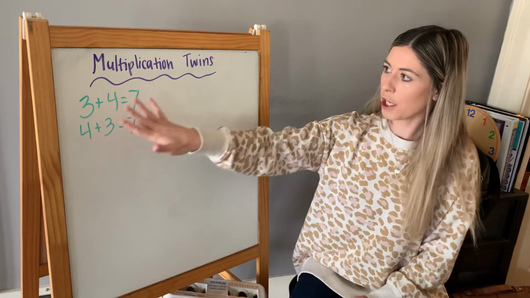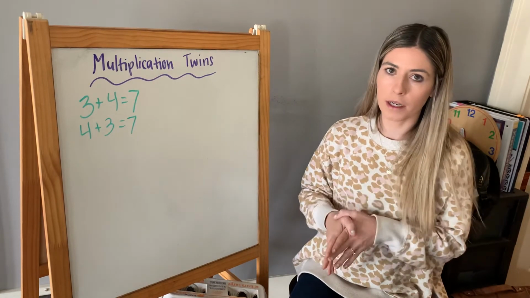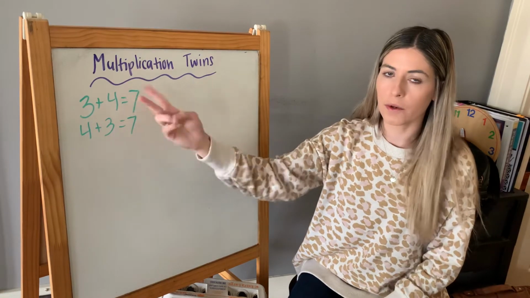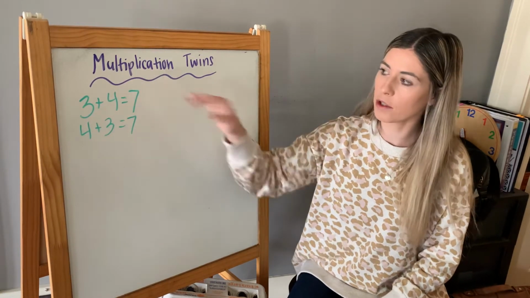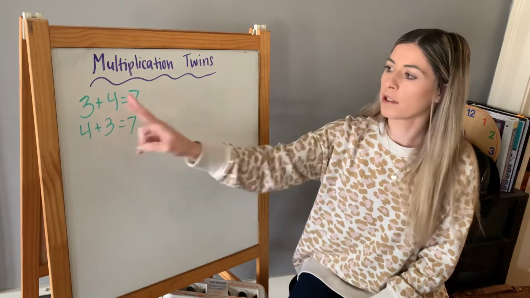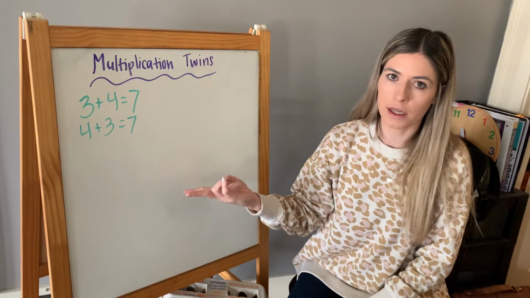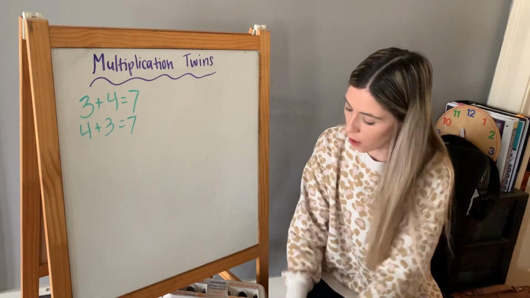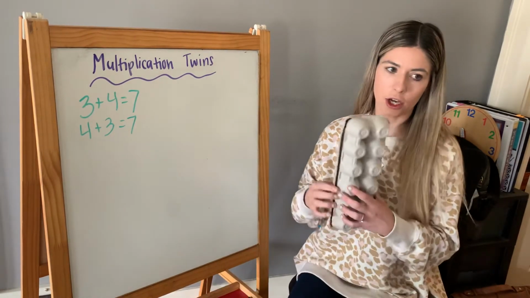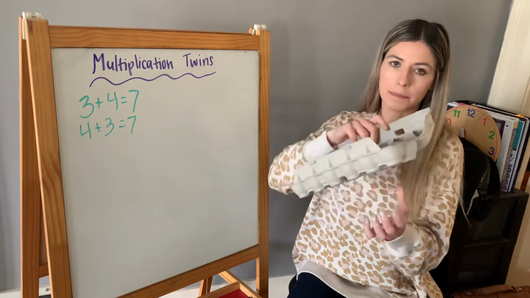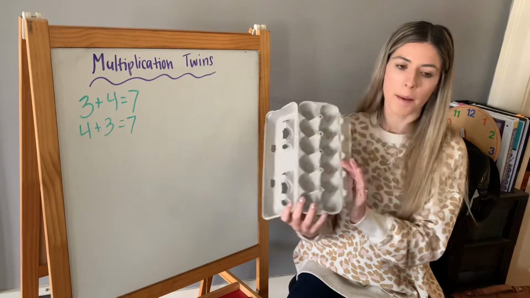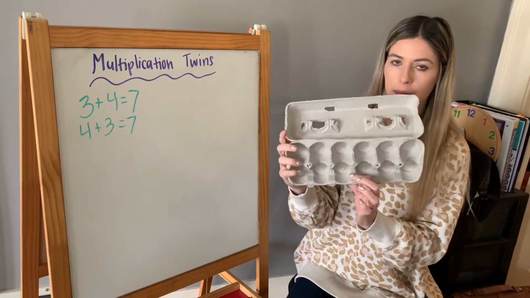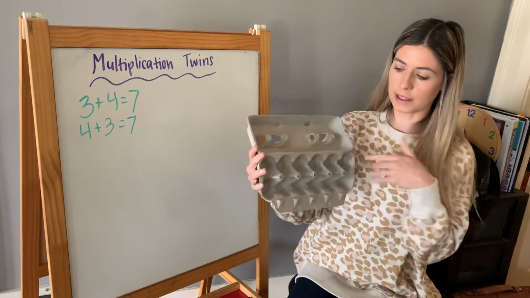So addition and multiplication are similar in that when you're doing just addition, you can switch the spots and they'll still turn out the same. Multiplication works the same way. You can switch the spots where your multiplication numbers are and their answer will still be the same. So let's take a look at this egg carton. So it's empty, used up all the eggs already. But if we look at it this way, we're gonna write a multiplication problem that shows us what we have